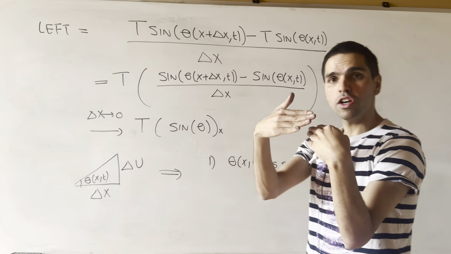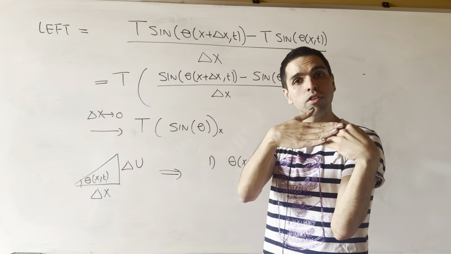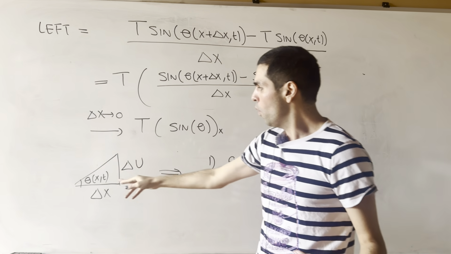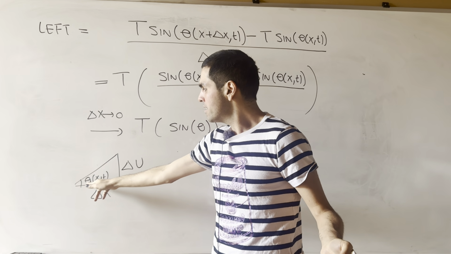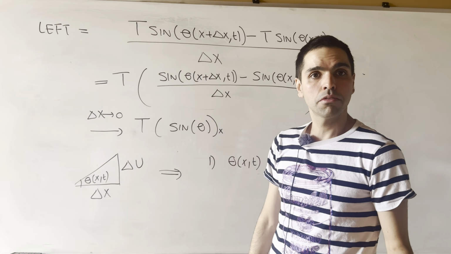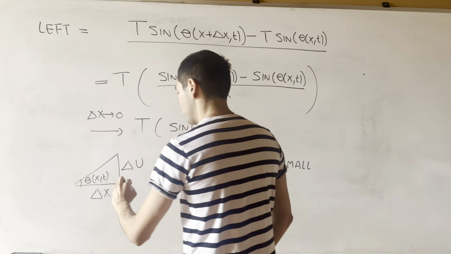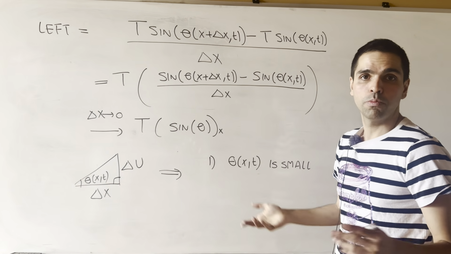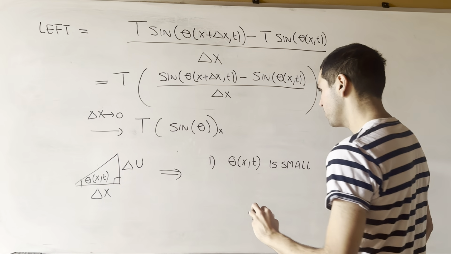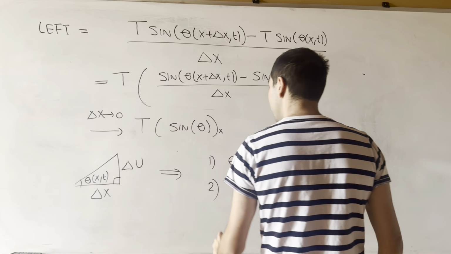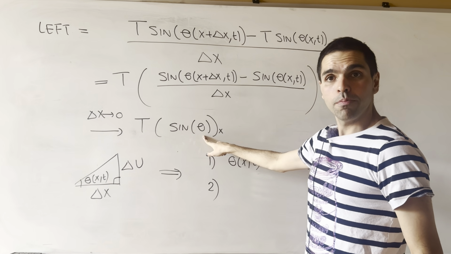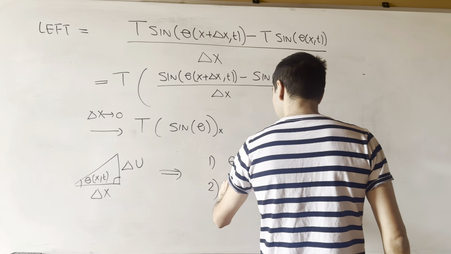You can either think of it physically, well, if the slope is small, the angle must be small as well, or mathematically, because theta is arctangent of delta u over delta x. So if this input is small, then the output arctangent is small as well. That's one thing, and most importantly, what this implies about sine of theta,